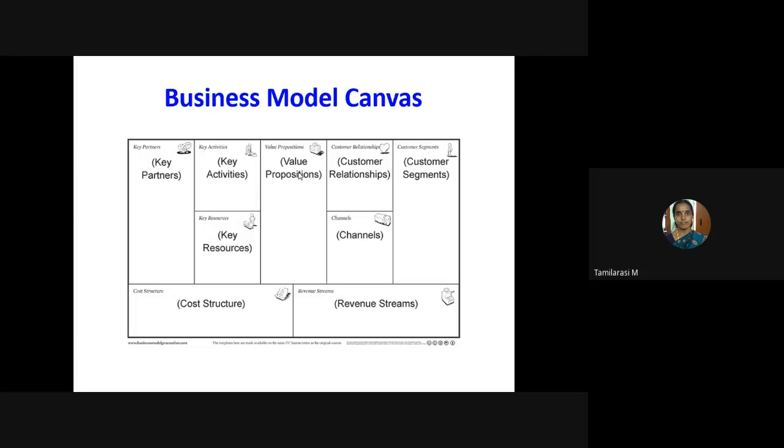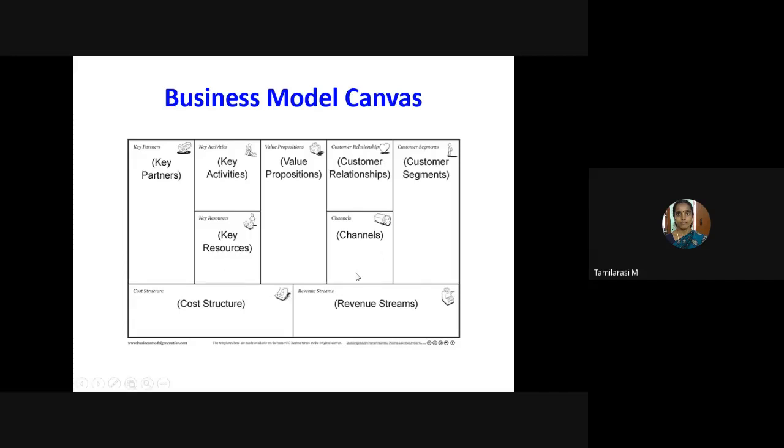Customer relationship means how you retain the customers. For example, I may give a discount coupon, or I may start some online application where I can maintain the customer information, online shopping. So those kinds of things. In what way you are linking or retaining the customer in buying your products.